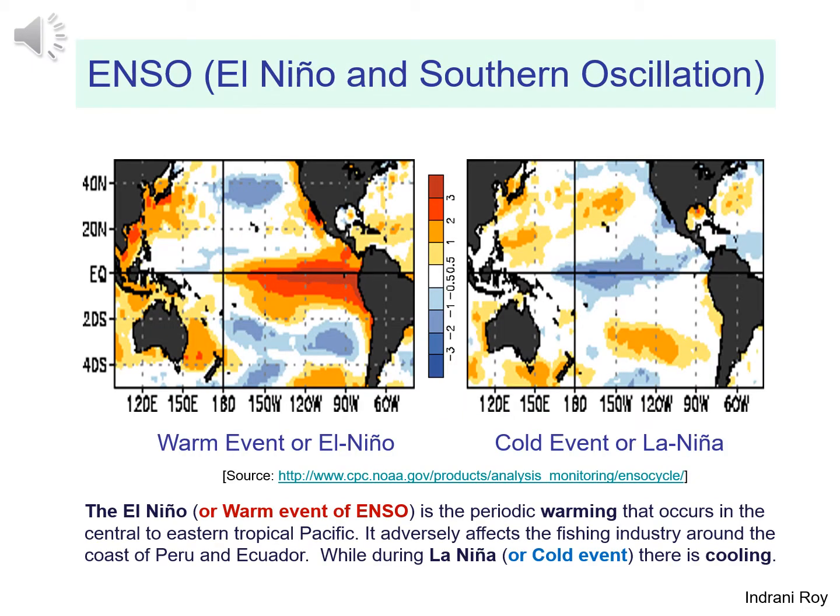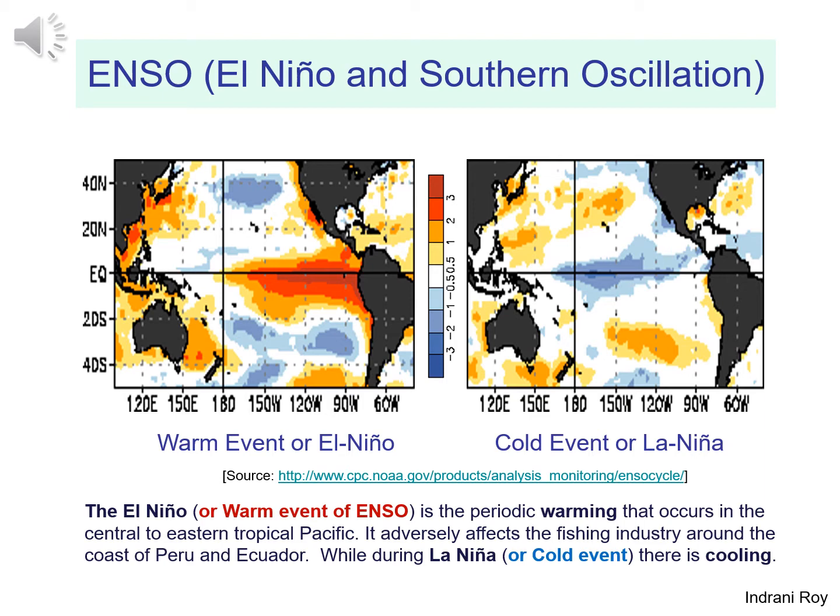Now let us focus on ENSO. There are two plots. In both the plots, we are showing a certain portion of the globe that covers the Pacific Ocean. In each plot, the right-hand side shows North America and South America, while the left-hand side is showing Australia and other countries. In the ocean water, when it is warmer than normal, it is shown by red color, while when it is cooler than normal, it is shown by blue color.